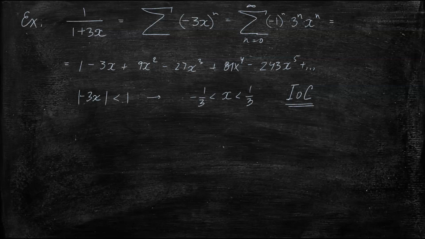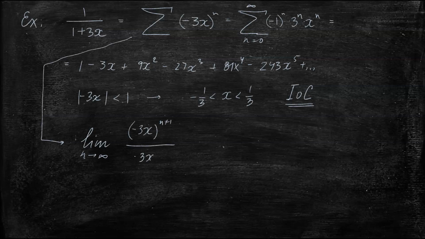However, we can also come up with this interval of convergence by looking at this power series and setting up the ratio test. So, the limit as n goes to infinity of the ratio of the n plus 1th term over the nth term,